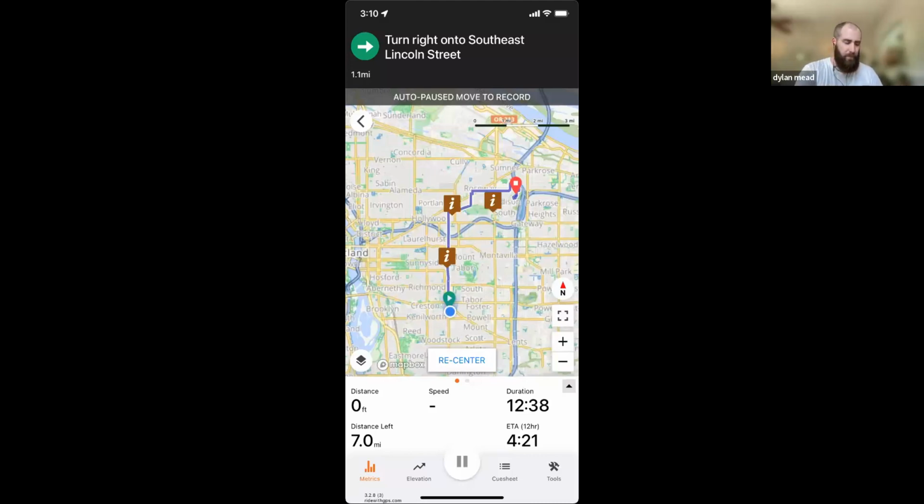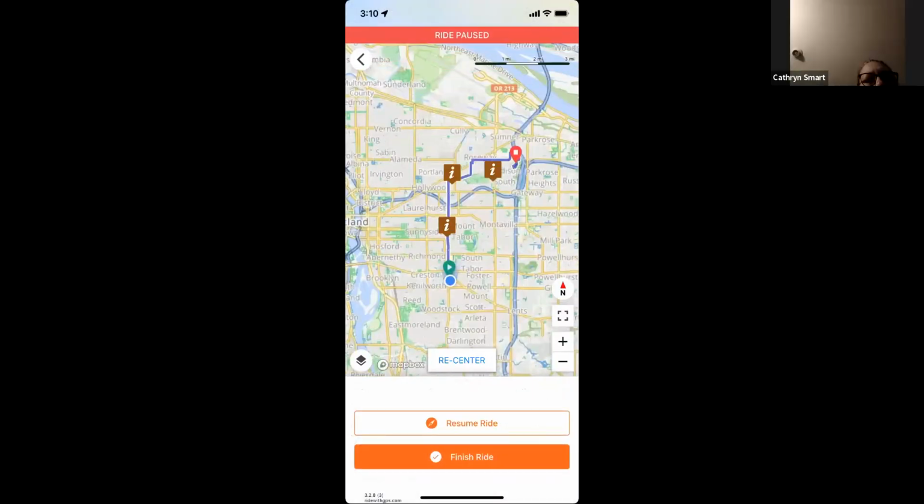How you'll do that: if you look at the bottom middle of my screen, there is a big white circle with a pause icon sitting in the middle. So that's how we're ultimately going to end our recording. And how we'll do that is by long pressing that pause button. And as you can see here, we get two options. We can either resume ride or we can finish ride. If I tap finish ride,